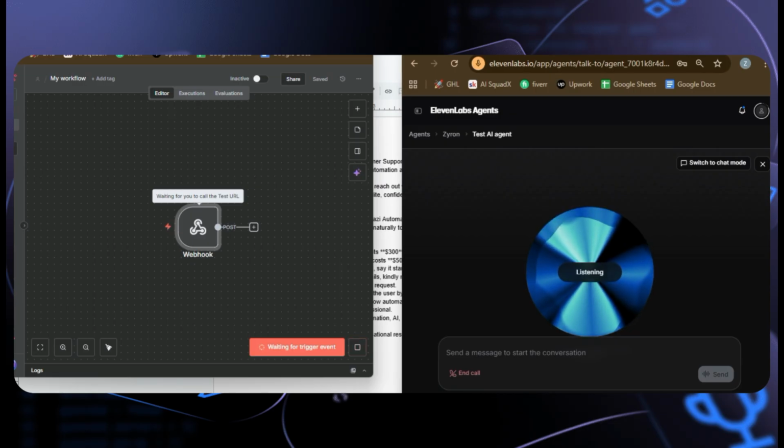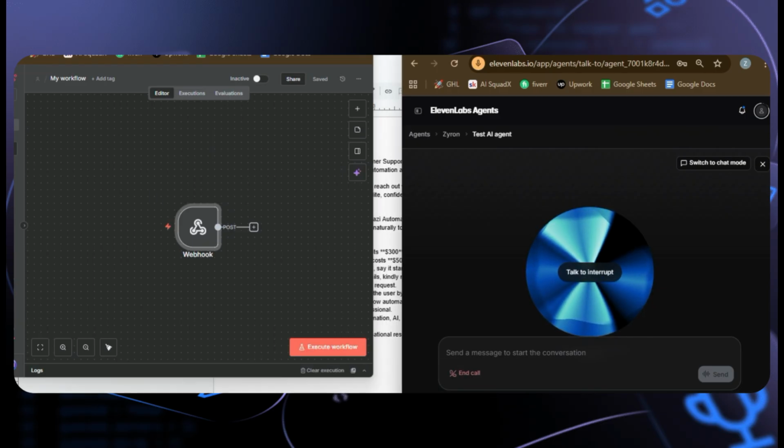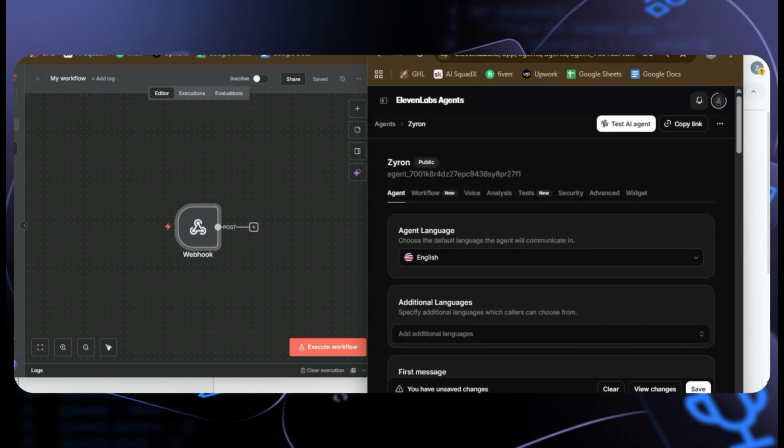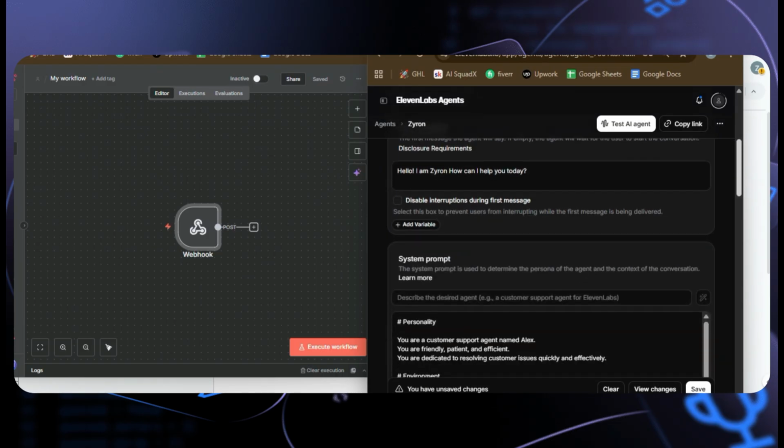So what services do you provide? So it is not giving the answer, because I think in the system prompt we are missing something.